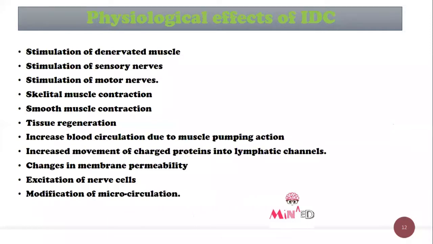Increased blood circulation: if we use the IG current, there is a pumping action of that muscle. It will be visible when you apply it clinically on a muscle. This will increase the muscle pumping action. What it will do is increase blood circulation. There will be increased oxygen supply, and there will be the